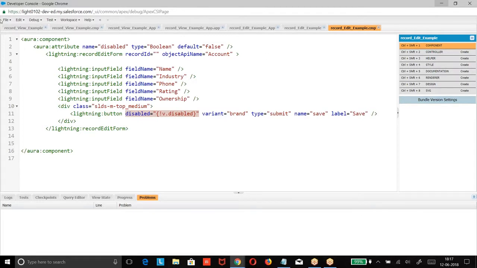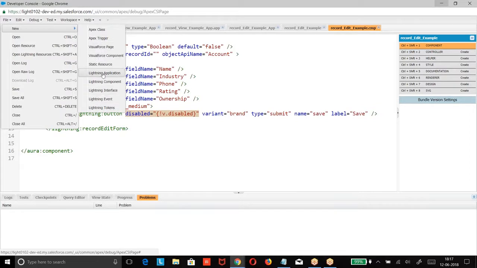Now we need to go for an application, new lightning application.